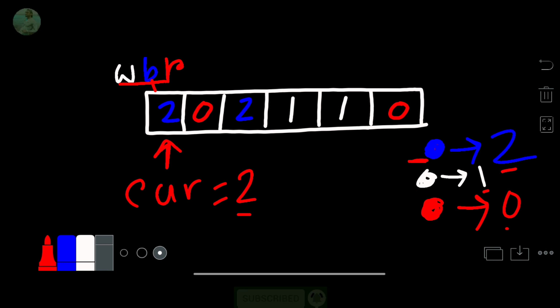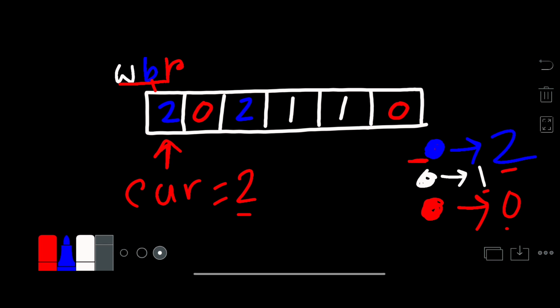Now please listen carefully. I will update the value at blue's index. Blue points to index 0, white also points to the 0th index and red also points to the 0th index. But only the blue color value is greater than or equal to the current value, so we will update the value with the blue color value.